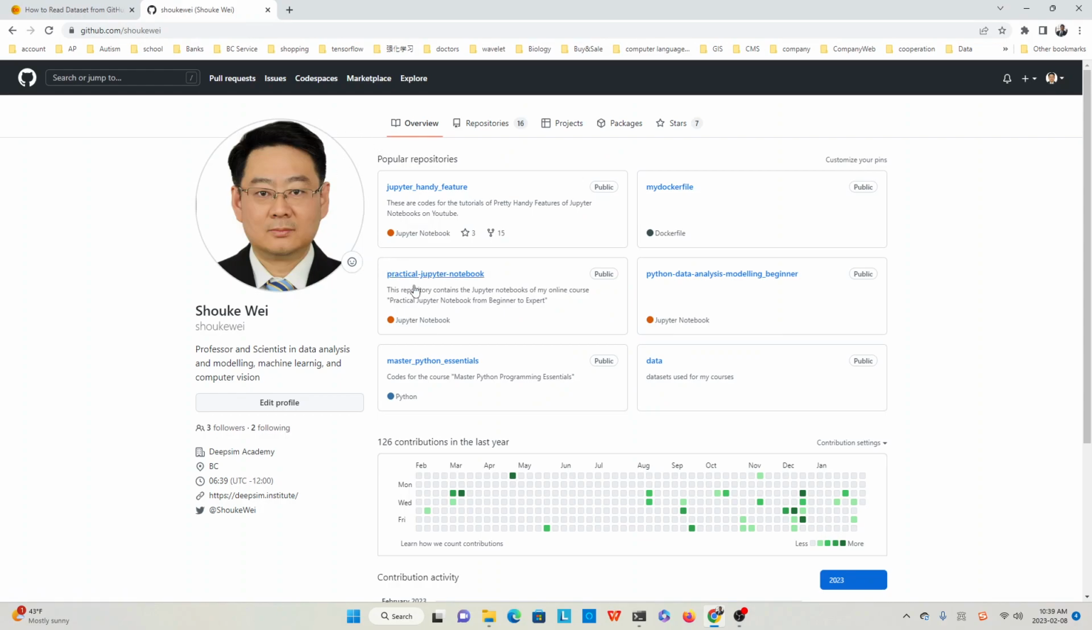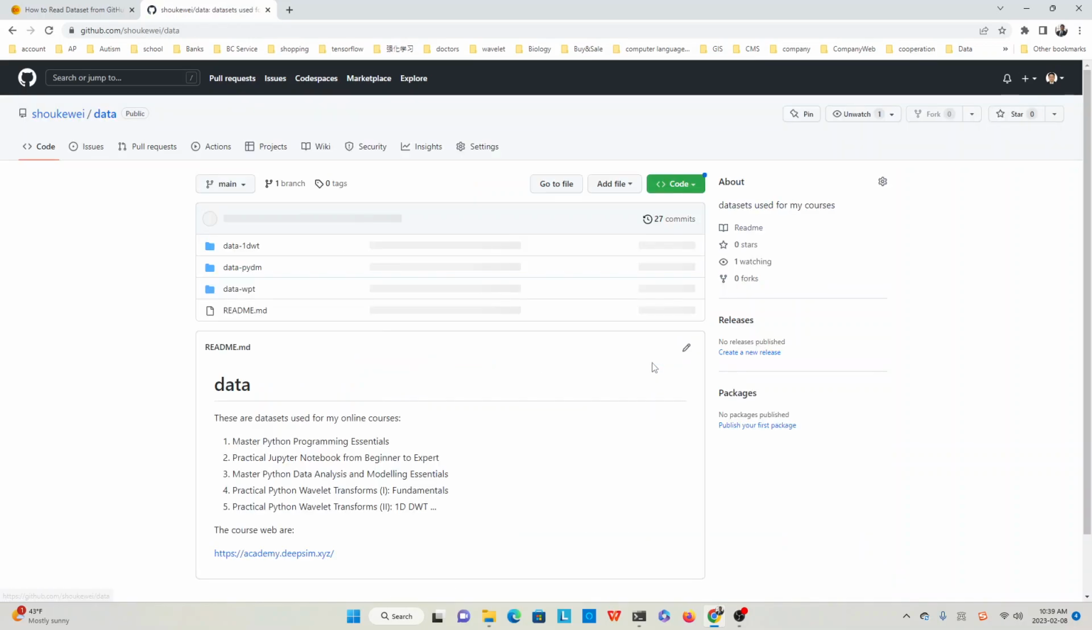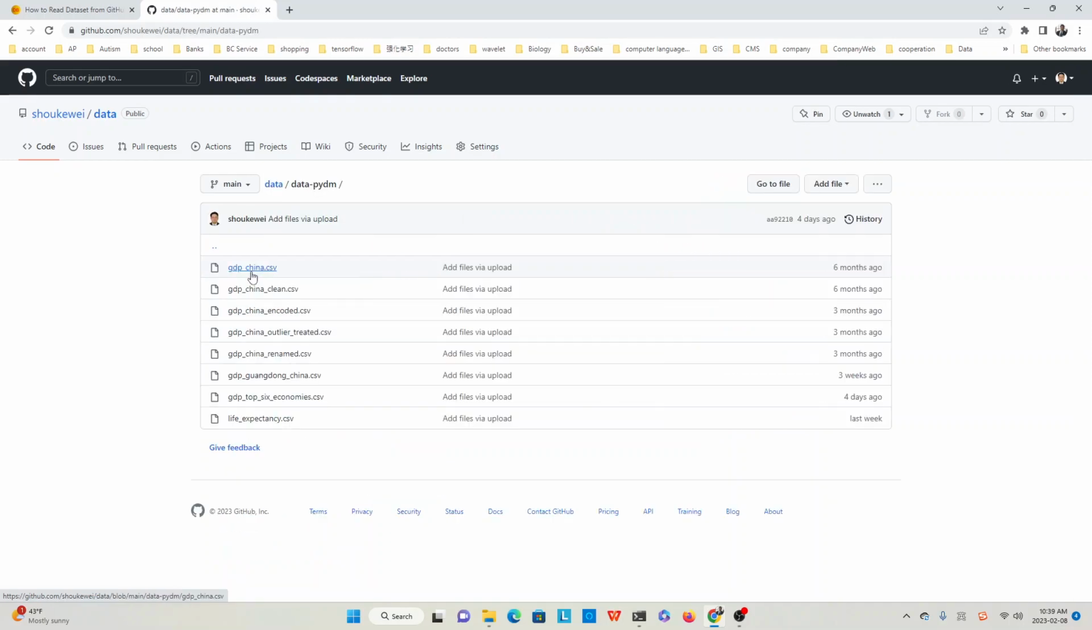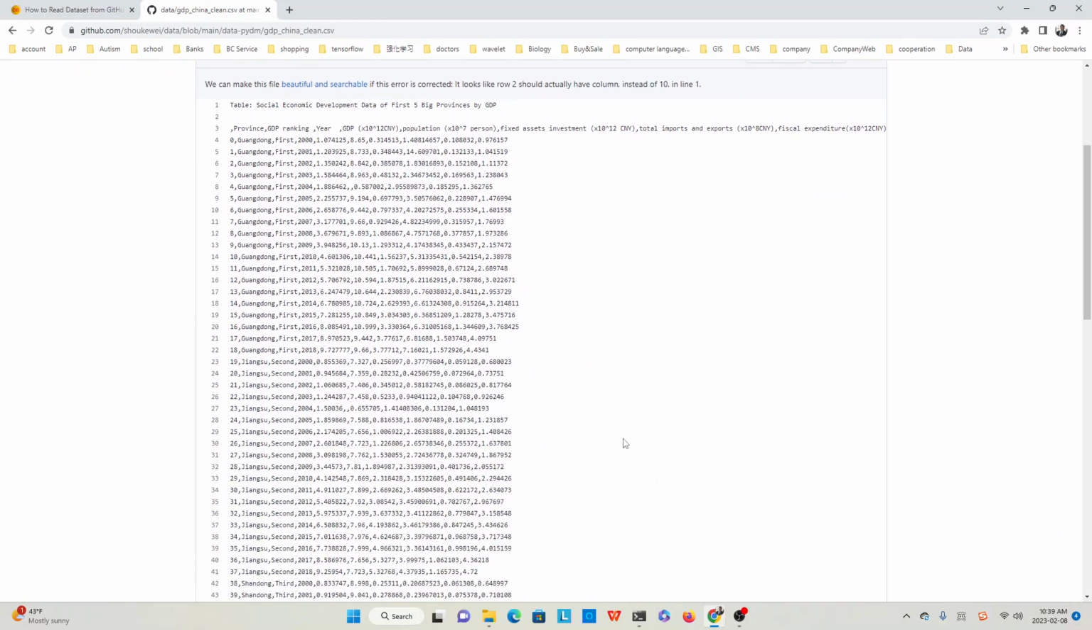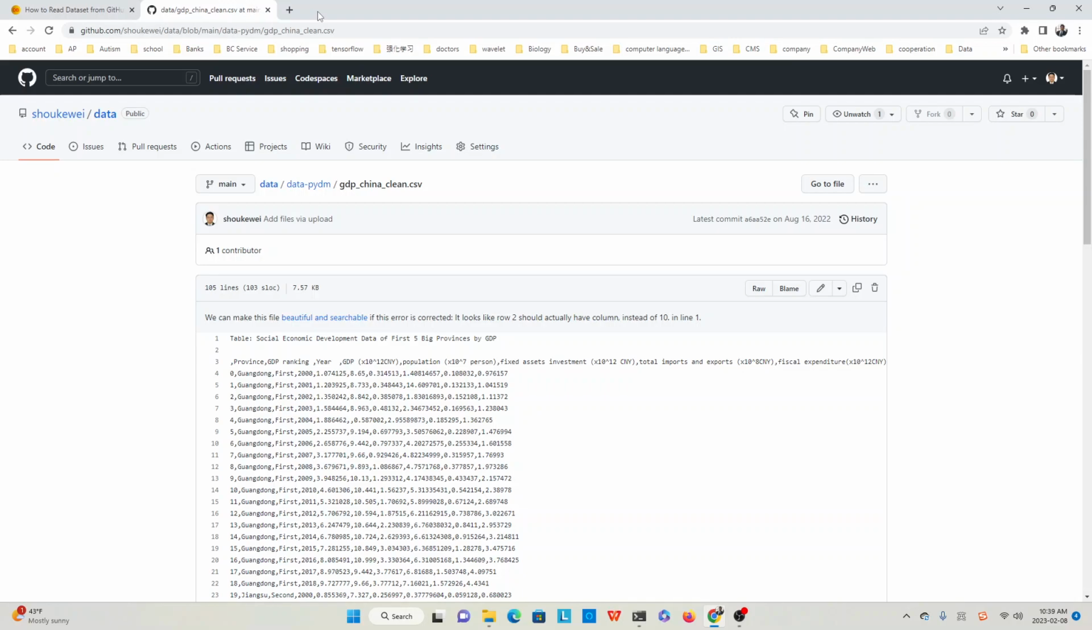You see, here's a folder, data. You see, there's a lot of data. For example, this one. Let's look at one of them, like this one, GDP China cleaning.csv. You see, this is the data. Now let's see how to read this data into